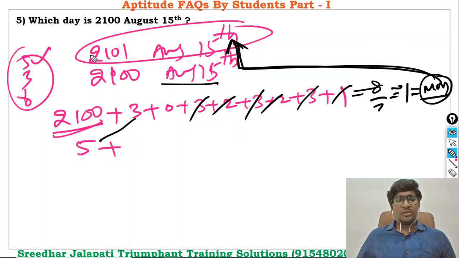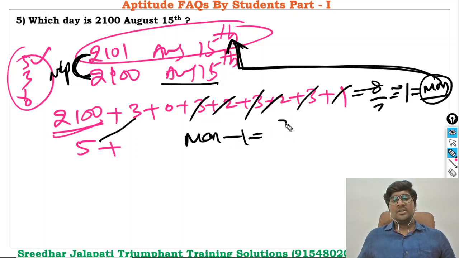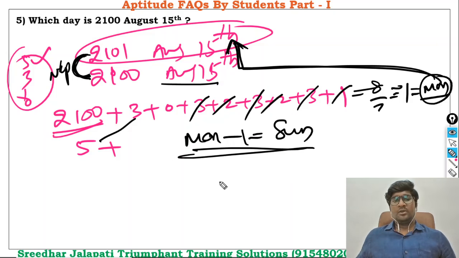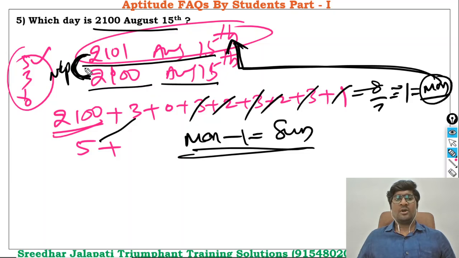Now, from 2101 to 2100, you are going back exactly by 1 year, and this is a non-leap year travel. As this is a non-leap year travel, in a non-leap year we will get one odd day. Since we are going back, we have to subtract that. That is Monday minus 1, Sunday. You can find it in this way as well, right? Both will give you the same answer. Previously I found 2100 August 15th straight away, or in this method first I found 2101 August 15th, and then I have come back to this. Since I am coming back, I should subtract the odd days, and this journey is a non-leap year journey, so one odd day, and that I have to subtract from the current day.